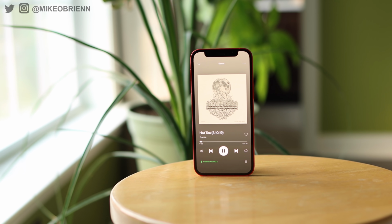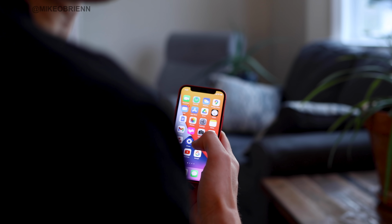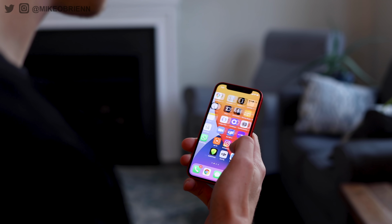So while most flagship phones have been getting bigger and bigger to the point that they literally have to fold to fit in your pocket, Apple came out with the iPhone mini, and I've been using this for the past year. So in this video, I want to talk about the design choices, what it's been like to use this,